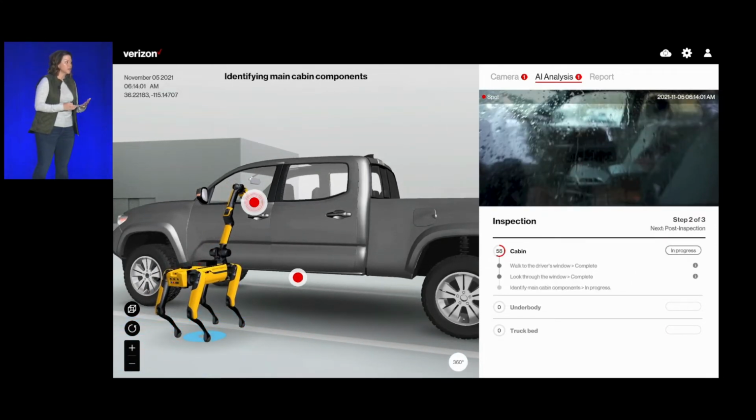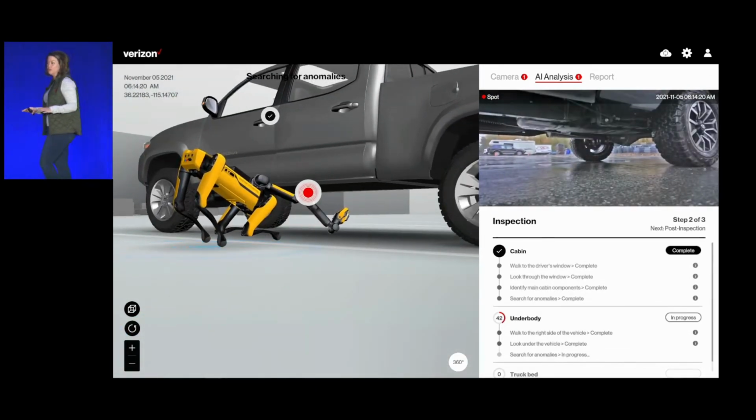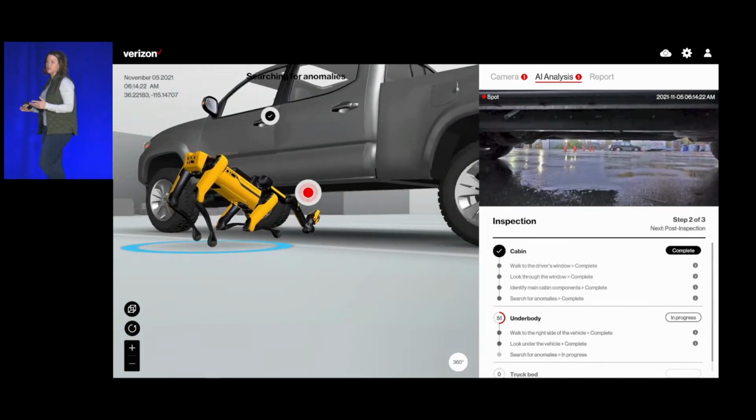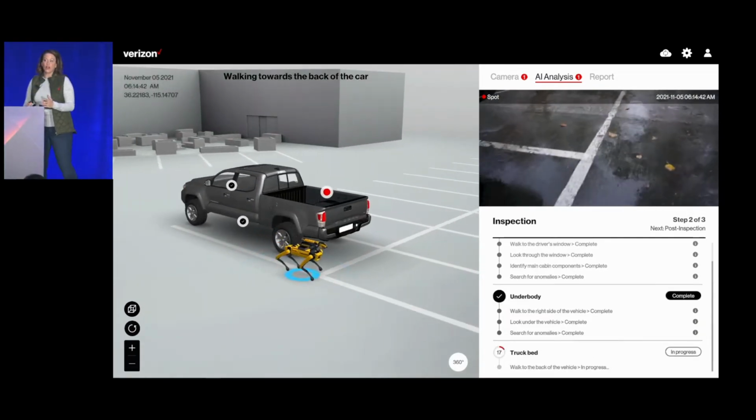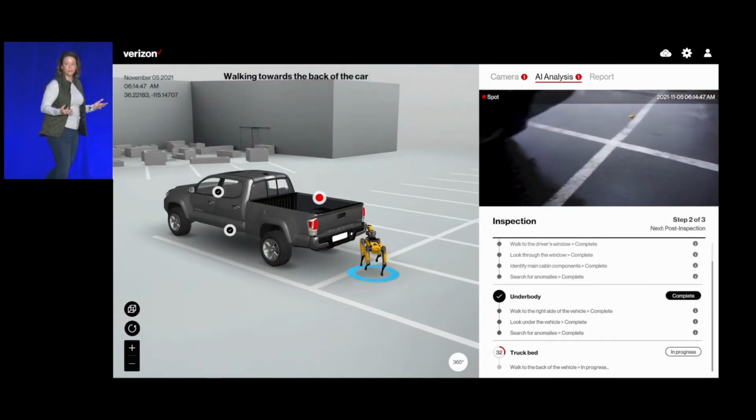Is there a human inside? Is there something that's hot inside? It also looks underneath the carriage of the vehicle. Is there something of interest underneath here that we need to be conscious about? But perhaps most intelligently, it also knows that because it's a truck, it should check the truck bed, which is